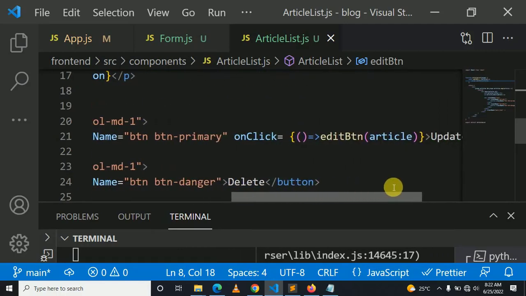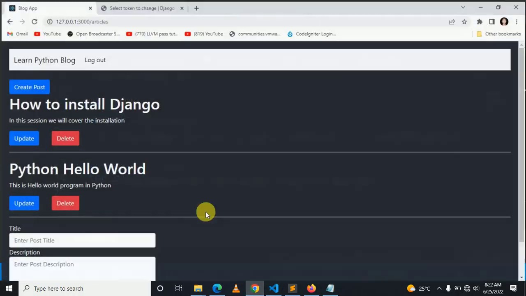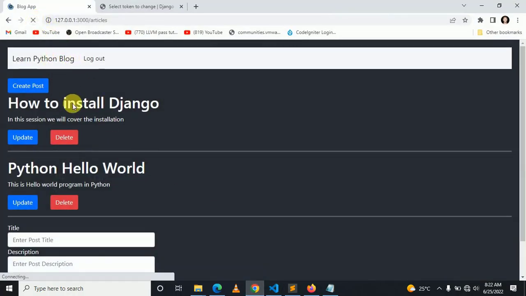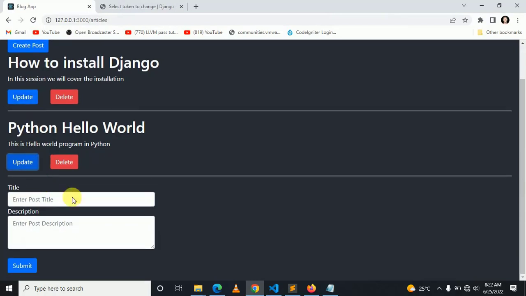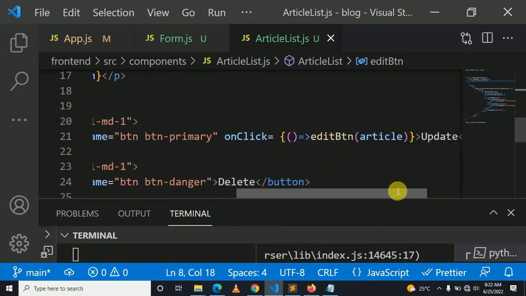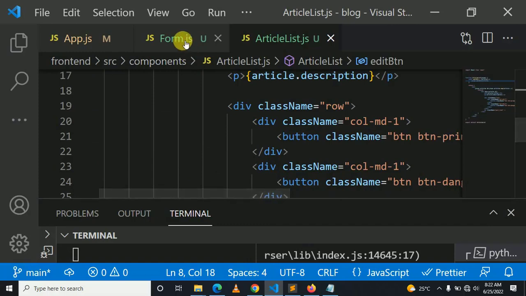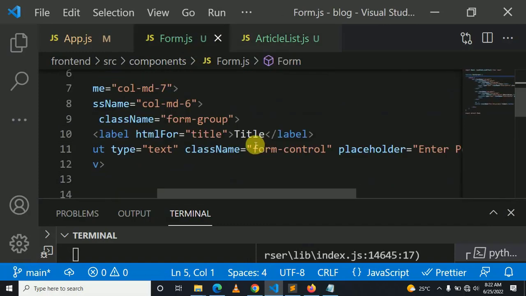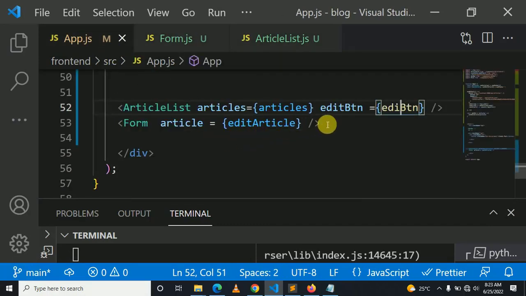It is edit. Okay, let me try to click refresh. Okay, nothing happened. Okay, so this is edit bit n, and it takes an article, and here in app dot it